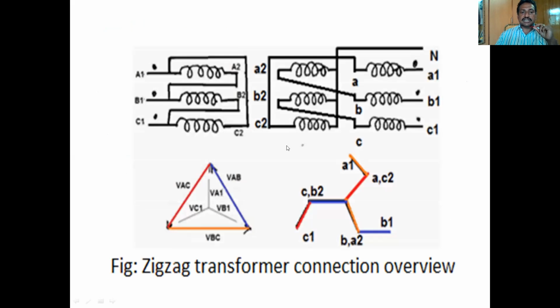See here, zigzag transformer here, C2, B2, and A2. See here, A2, and we'll come back to the other, C1, B2. So like this, we'll go through the connections. So a zigzag connection. All these neutrals are connected. It is a star connection. Right? This is about delta star. So this is about the delta. Here on the delta side also, see how they are connected: A2, B1, B2, C1, C2, A1. So like this you go there. So this is about the zigzag connections.